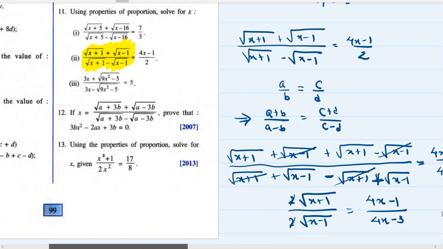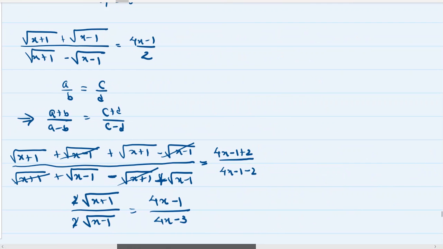I almost forgot what we have to prove. You have to solve for x, you don't have to prove. Sir, 4x plus 1. Oh yes, 4x plus 1. Thank you. Yeah, you have to solve for x for this using this. So,